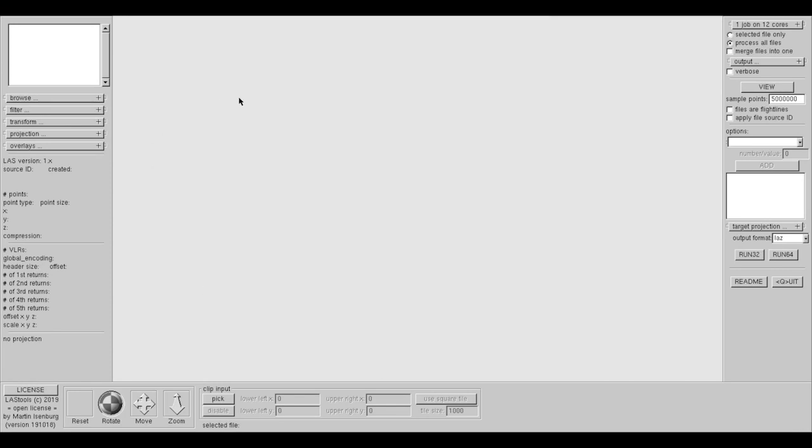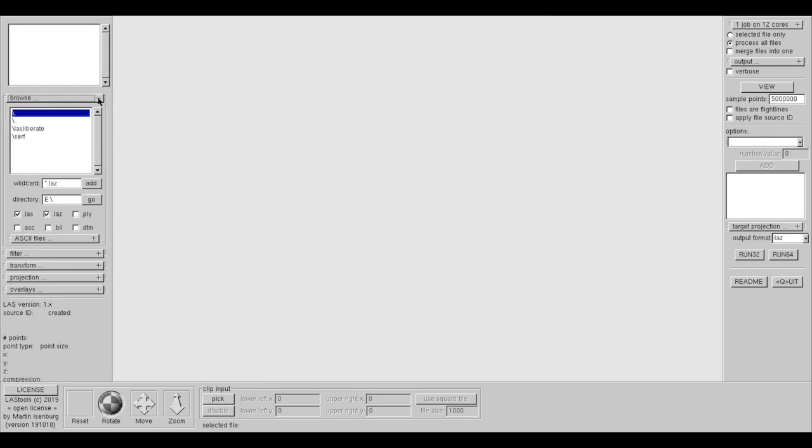This is the LAStools program. This program, we're going to use it to convert our LAZ data set into LAS files. The LAZ files will not be recognized by most GIS software, so we need to extract them into LAS files to be able to use them. My LAZ data set is stored